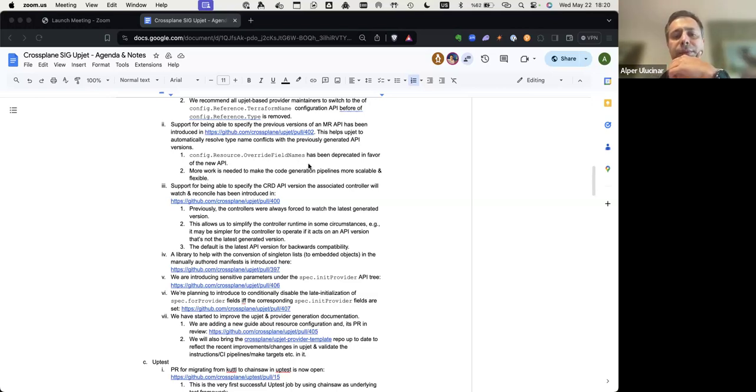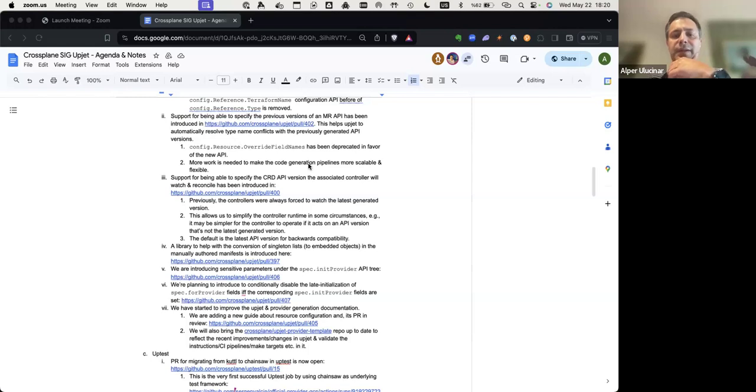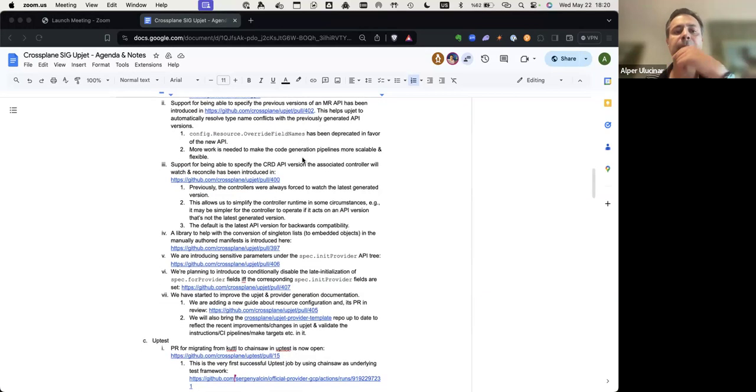So we implemented some logic here, and we provide a new API through which you can configure the already generated older API version on update. We will automatically load them and resolve the type conflicts that are caused by generating multiple versions of CRDs automatically by itself.